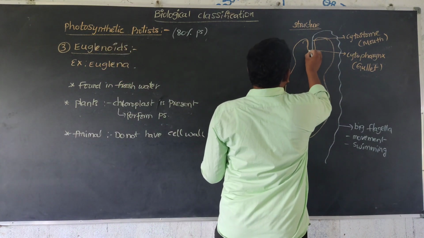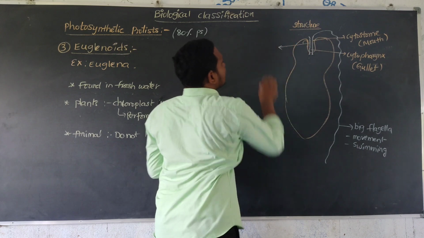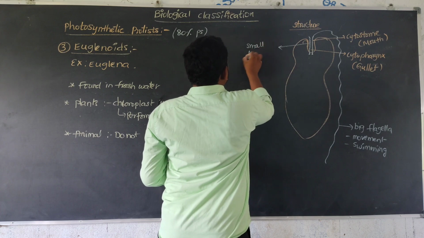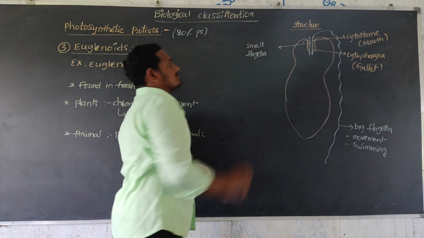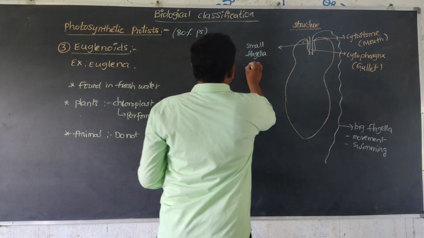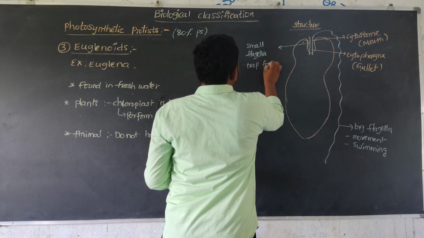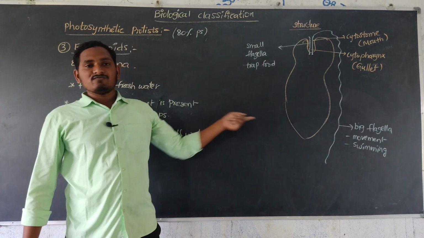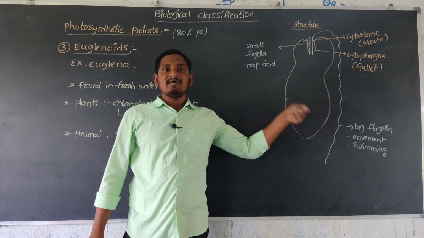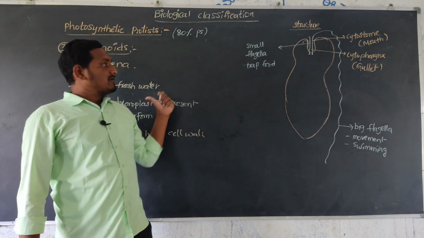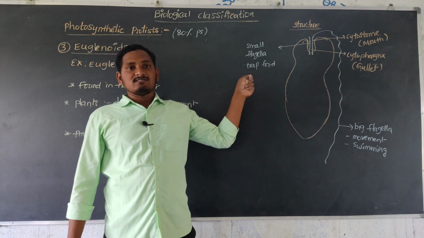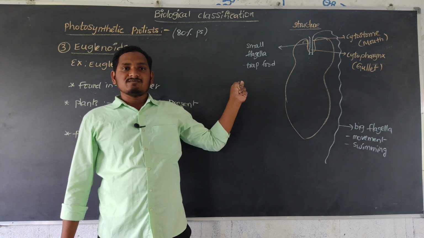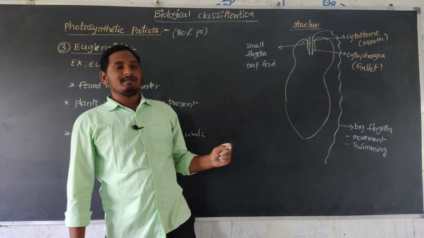Next, the small flagellum is also present. The small flagellum reaches only to the mouth. The small flagellum is useful to trap food. Why? Because it is photosynthetic and performs photosynthesis only in the daytime when light is available. When light is not available, it traps another organism and eats it. So this small flagellum helps in that function, to trap another organism or another food item.